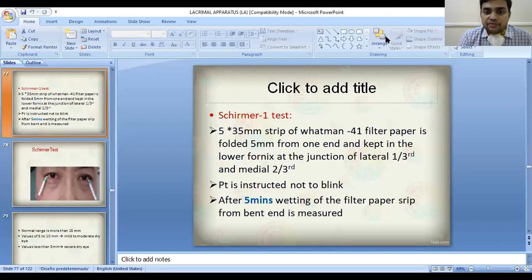Yes, in case of inferior turbinate infection also, there is a chance of inflammation of the nasolacrimal duct. It may also act as one of the causes for this watering eye. So any infective or inflammatory conditions which finally may lead to strictures or narrowing of the canals of the nasolacrimal duct or lacrimal sac lead to obstruction of the lacrimal passage, and it also acts as one of the reasons for the watering eye. Anatomical cause of epiphora.